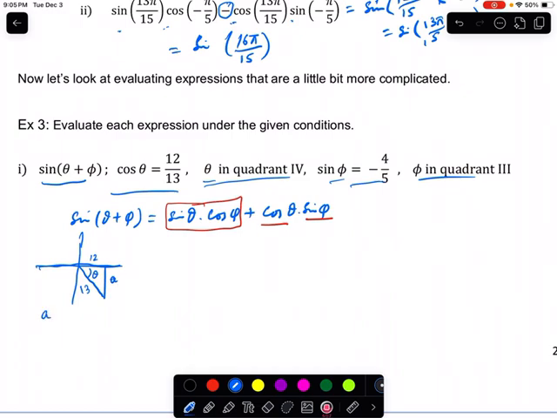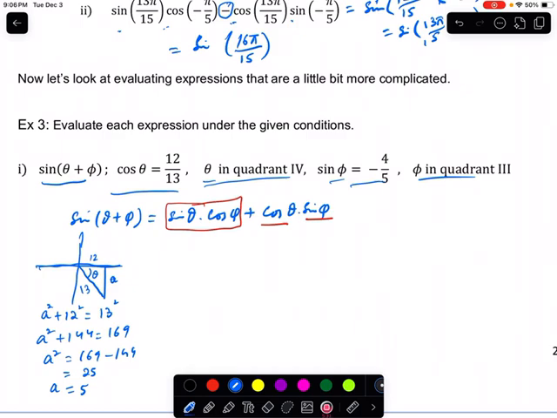So a squared plus 12 squared is equal to 13 squared. So a squared plus 144 is equal to 169. So a squared comes out to be 169 minus 144, which gives you 25. So a is 5, okay, but it's actually plus or minus 5, but it is in